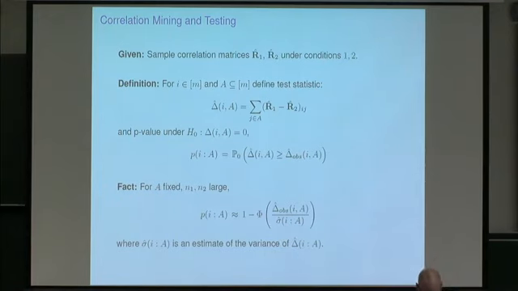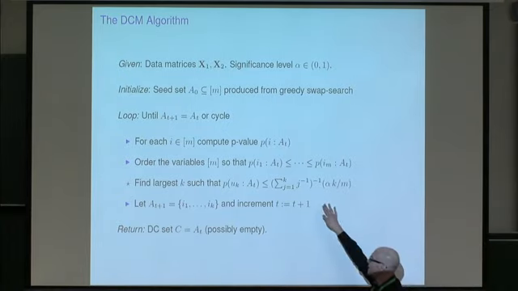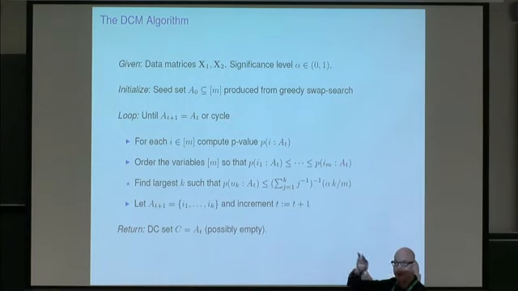So here's the method, and maybe I'll illustrate here. Let x1 be the data matrix under the first condition, x2 under the second, and I have some significance level alpha. So just point to this. This is the Benjamini-Hochberg step-up procedure, right? Or actually, I should say it's really the modified Benjamini-Hochberg procedure for a general correlation structure. I think it's due to Benjamini and Yekutieli.